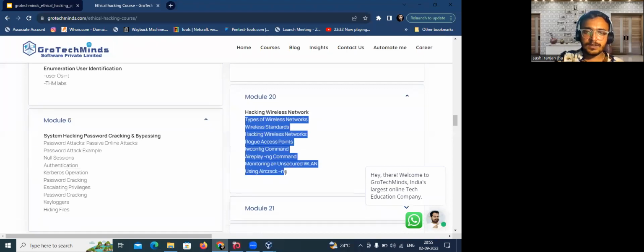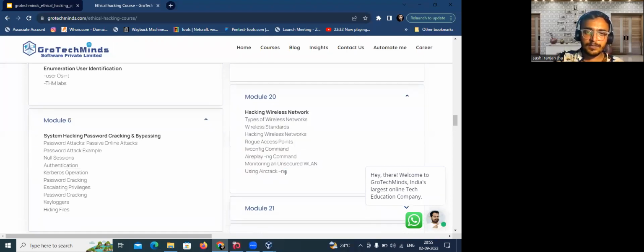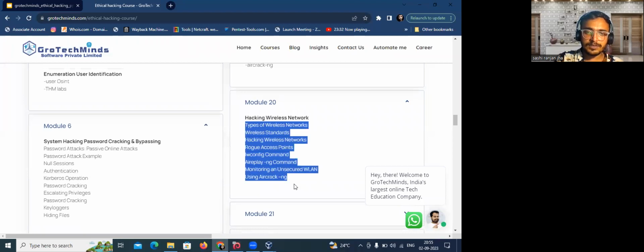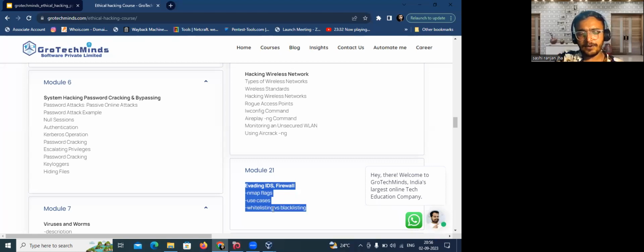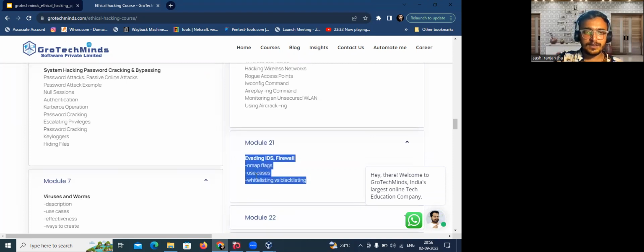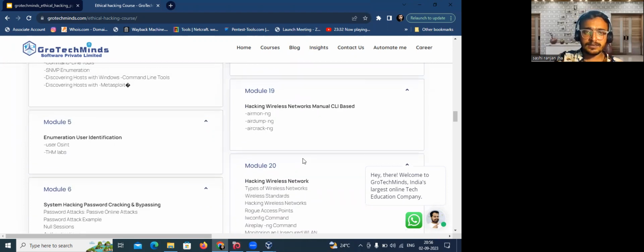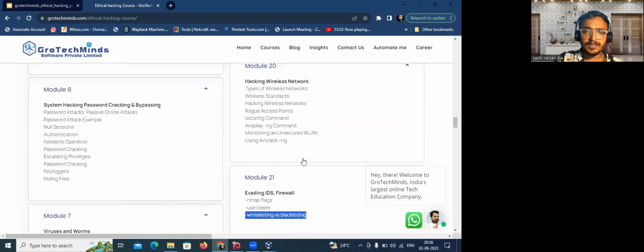Then wireless networks: there are other wireless networks apart from Wi-Fi. We will be learning about those as well, and network-level hacking. Then evading IDS, IPS, basically bypassing firewalls. Whenever you are doing hacking, the firewall is the only thing which will be blocking you everywhere. So how to bypass these firewalls, we will be learning through use cases, Nmap flags, and whitelisting and blacklisting. For all the attacks, there are multiple attacks within web servers as well, where we will be learning